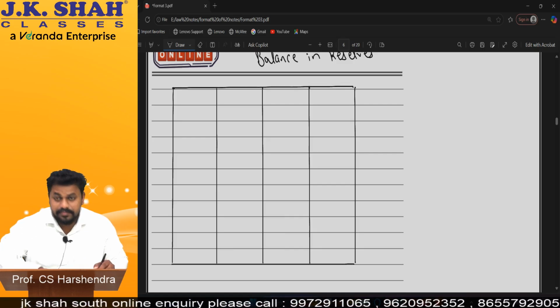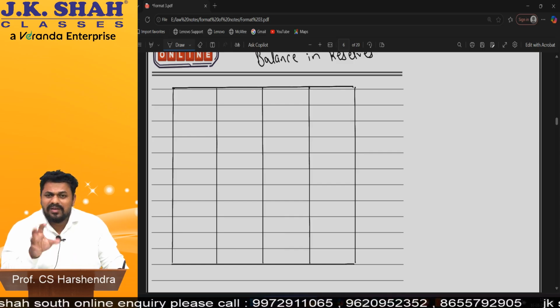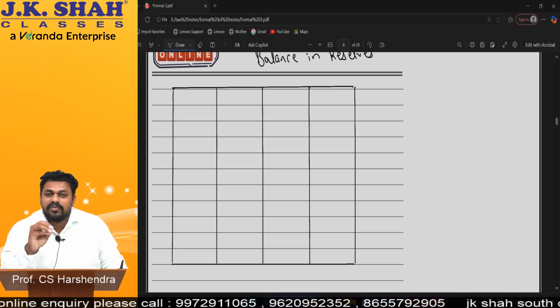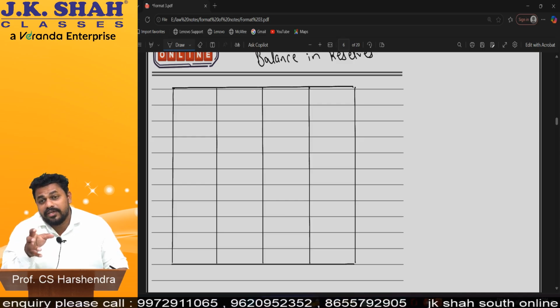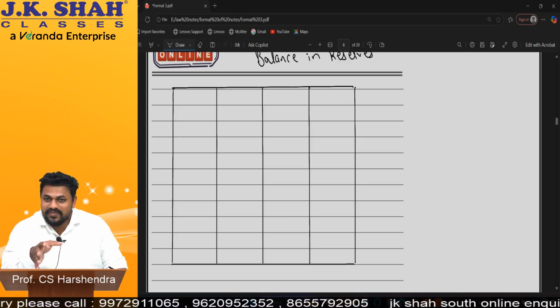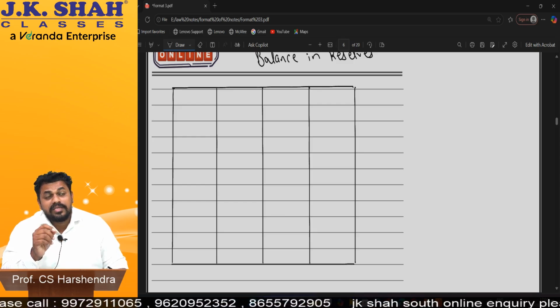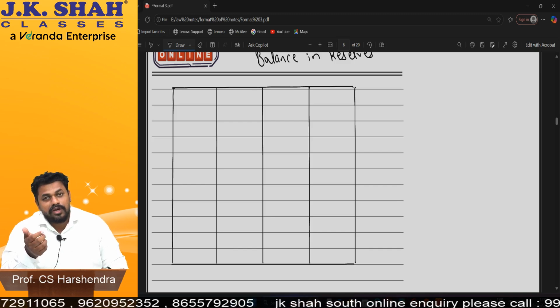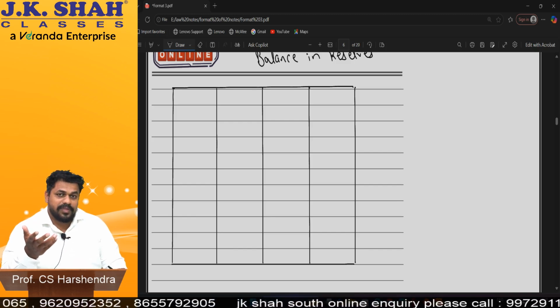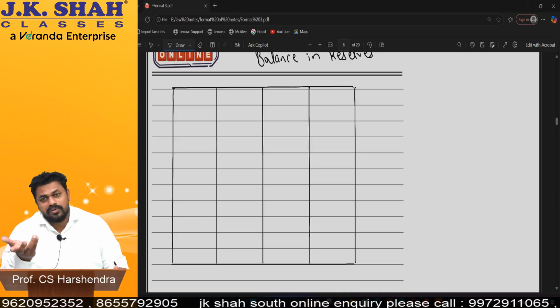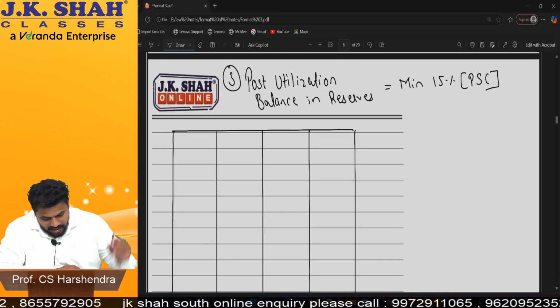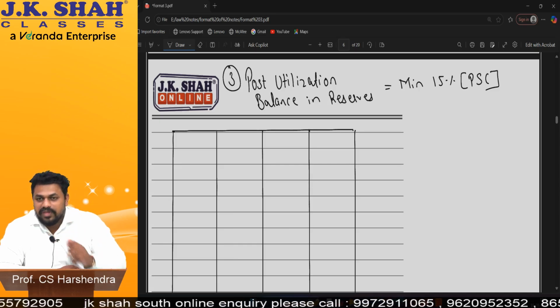Okay, see. Free reserves are those which are available for paying dividend, meaning not made for any particular purpose. Like, for example, dividend distribution reserve is there, so that is free reserves. But if it is debenture redemption reserve, is it free reserve? No. Capital reserve, is it free reserve? No. CRR, is it free reserve? No. Deposit repayment reserve, is it free reserve? No. In the example, they will directly give you free reserves. If they give general reserve, that is also free reserve.